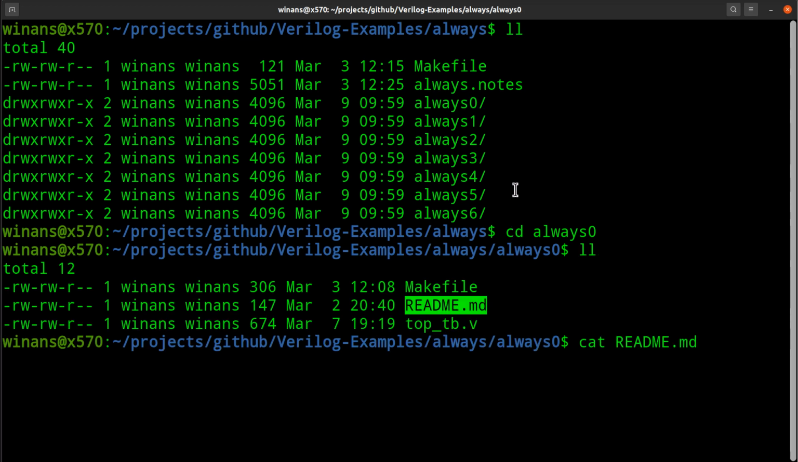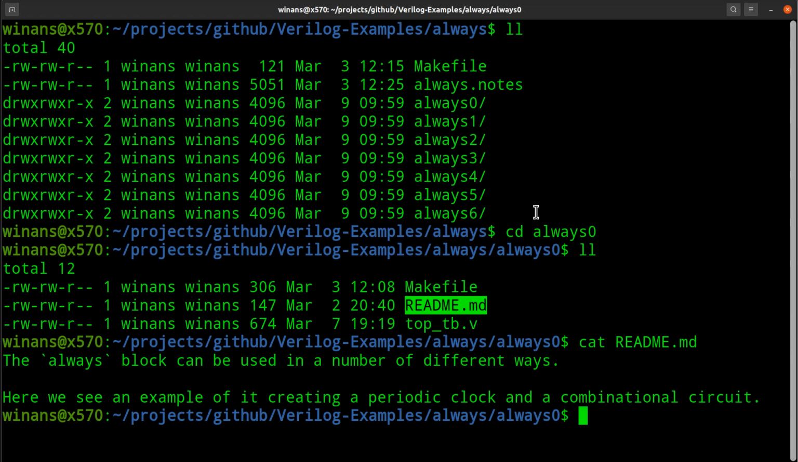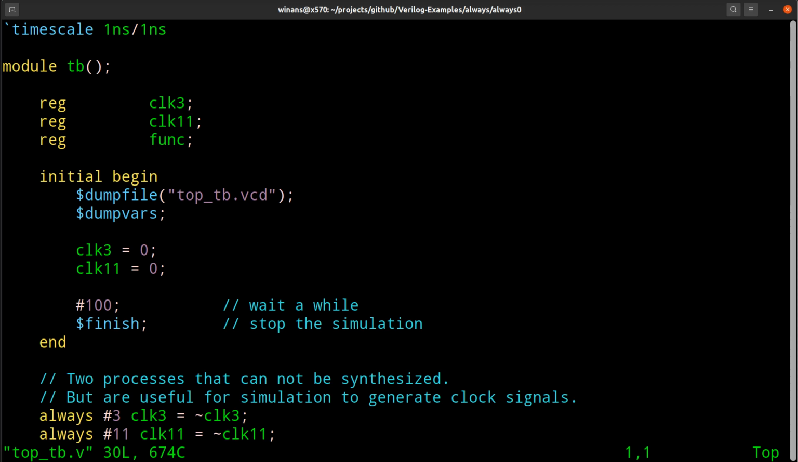I've got a little README file in here to remind me to make sure I mention all the pieces in here, right? So what do we got? An always block, or what Verilog's specification calls a construct, can be used in a number of different ways. Like I said earlier, what do we got? Here is an example of creating a periodic clock in a combinational circuit. So this is just going to be a mess. Just showing you a couple of things, just so you can see what they look like,